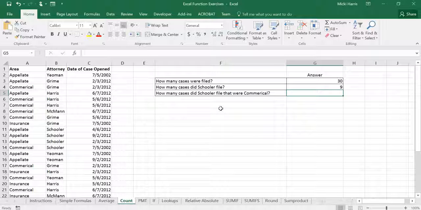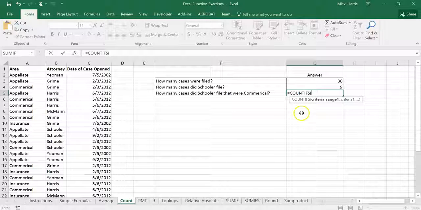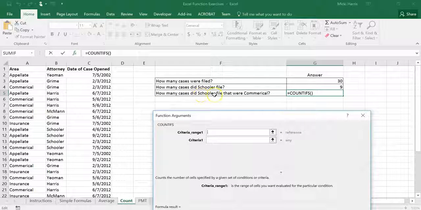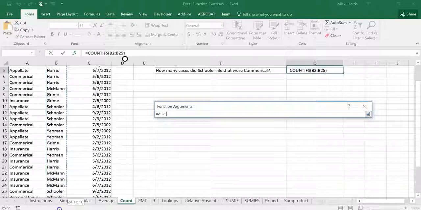So now I have 2 criteria that I need to meet. So again, I'm going to equal count and COUNTIFS. COUNTIF if I had 1 criteria, but if I have more than 1 criteria, then I'm going to do COUNTIFS, plural. Double click on that. Again, it's just easier if you open up your insert function dialog box. Okay, so my first range is the range of cells you want evaluated. So I'm looking for how many cases did Schooler file. So again, I'm going to select the range that contains my attorney's names,